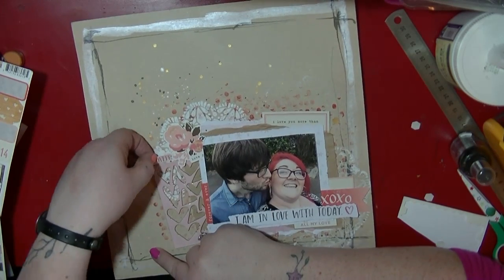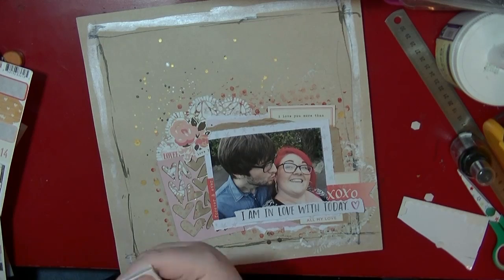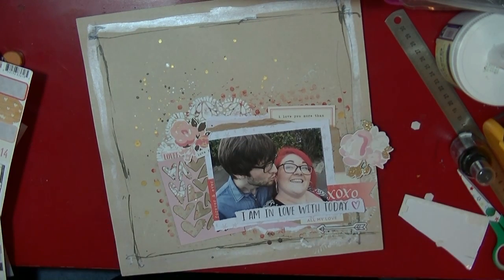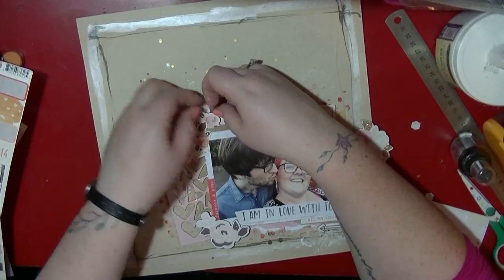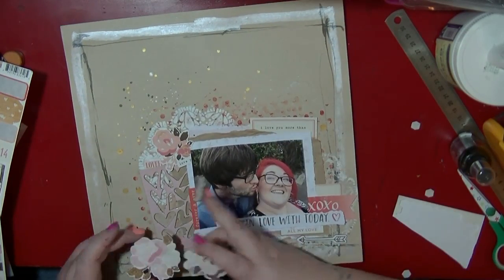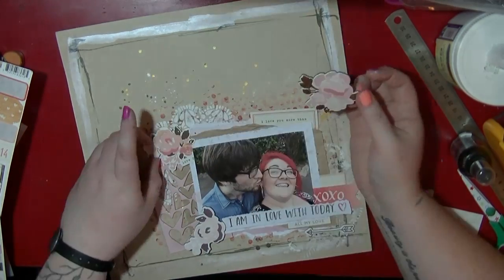So I'm just going to be pulling out lots of the different stickers here, the little word stickers, and tucking them around in the clusters. I'm also going to be pulling off that flower design as well. Emma also sent me the chipboard, so I'm going to be using some of the chipboard pieces, and that does have gold in, so that's going to tie in quite well with that gold mist I put in the background. And as that heart piece is chipboard, it worked well to add a few more chipboard